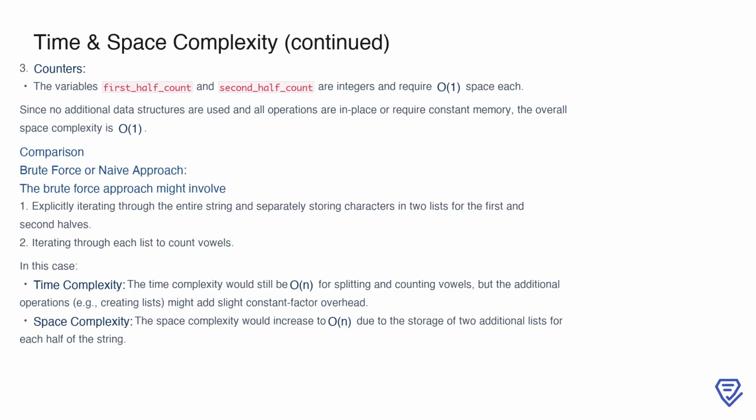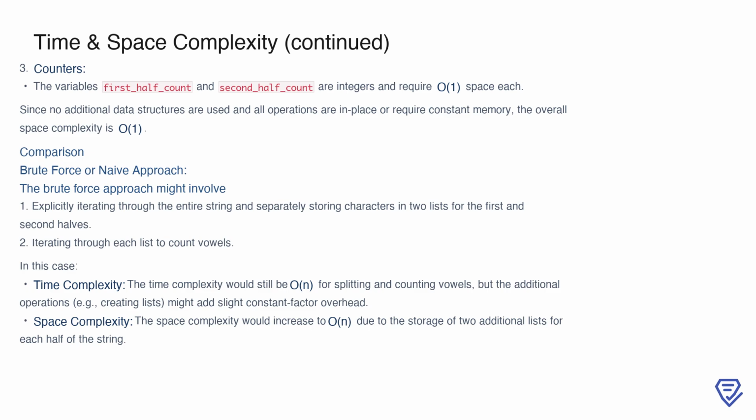In addition to the vowel set and string slicing, we use two integer counters, first_half_count and second_half_count, to keep track of the number of vowels in each half. These variables require constant space, or O(1), as they do not scale with the length of the string. Since no other data structures are used, and all operations are performed in place or with constant memory, the overall